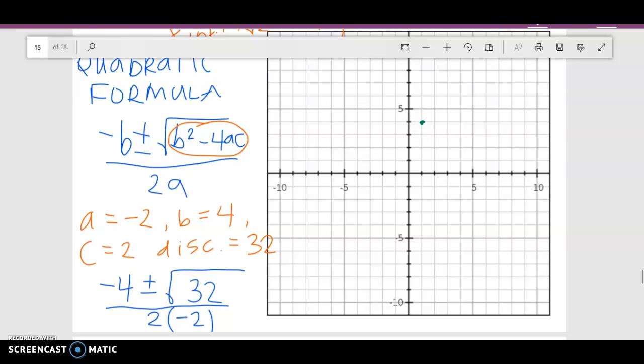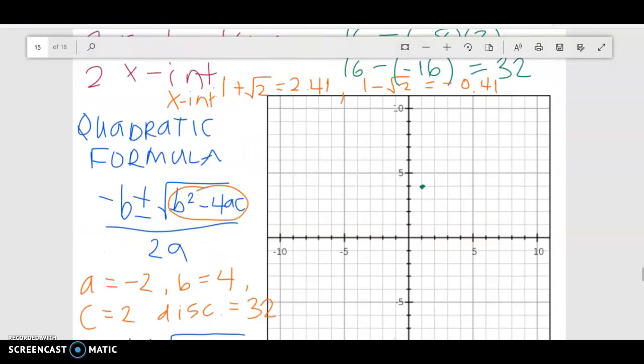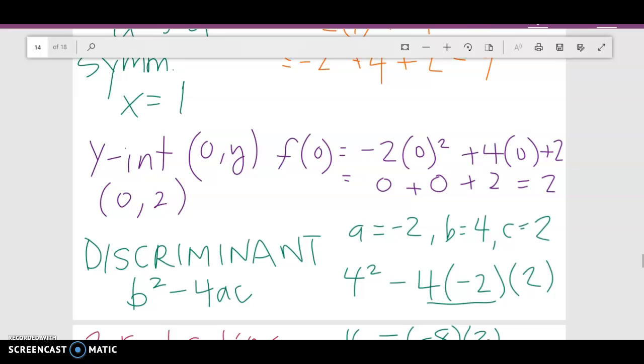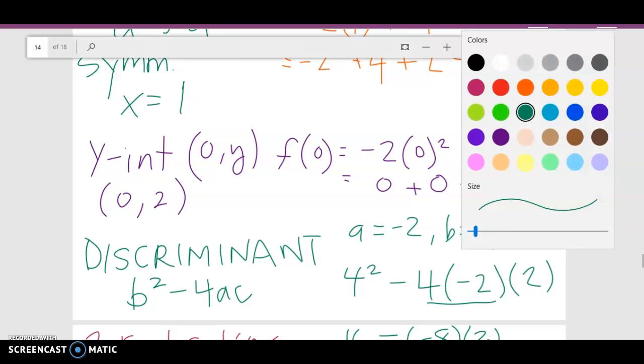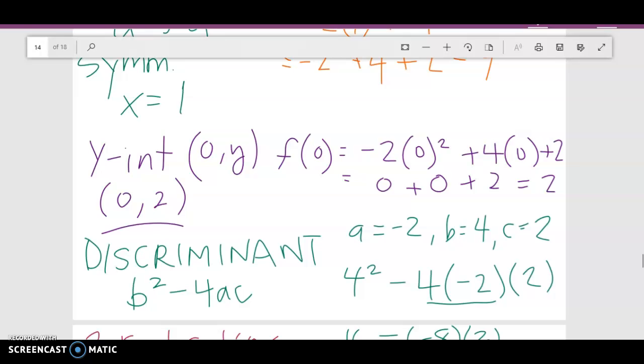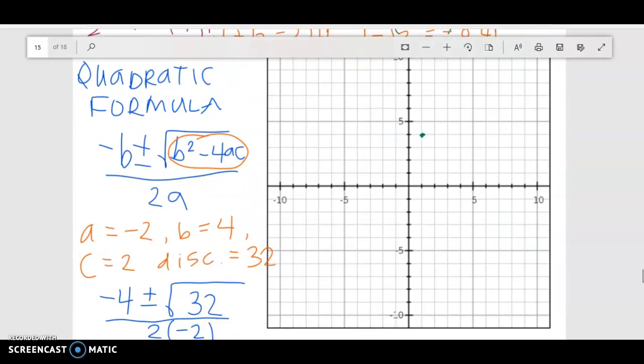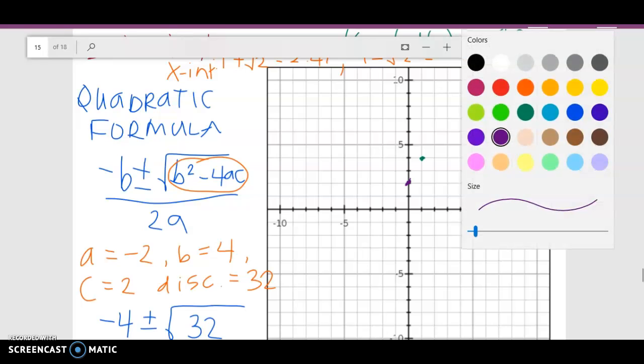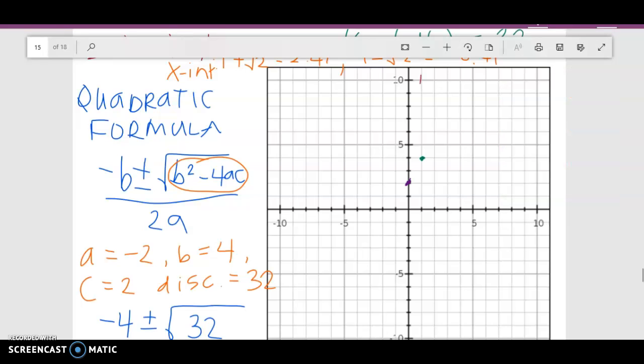Okay, then I have a y-intercept at (0, 2). Okay, y-intercept at (0, 2). So the y-intercept is at positive 2 on the y-axis. Okay, what else? I know that I have an axis of symmetry at x equals 1, since that's the x